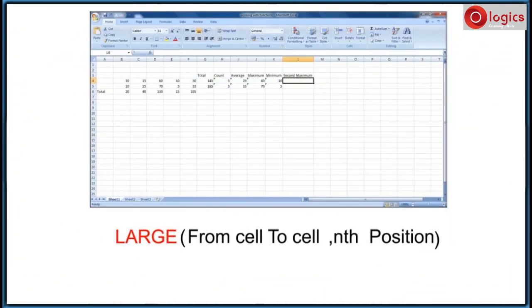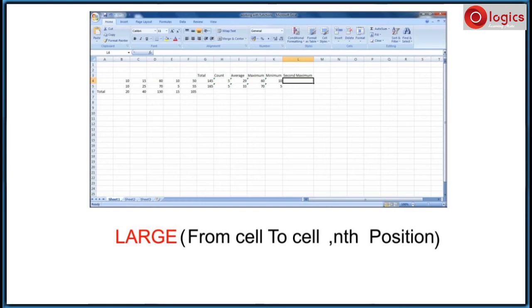Let us learn about the large function. The maximum function in Excel returns the maximum value of the selected range of cells, whereas the large function is used to calculate the nth largest value in the given range of cells. Let's understand this practically now.